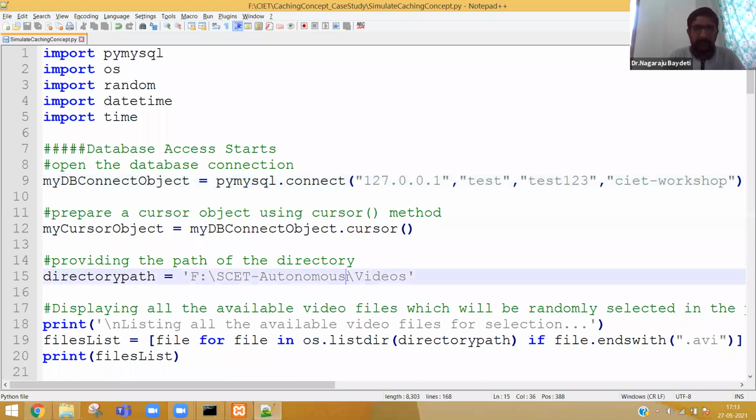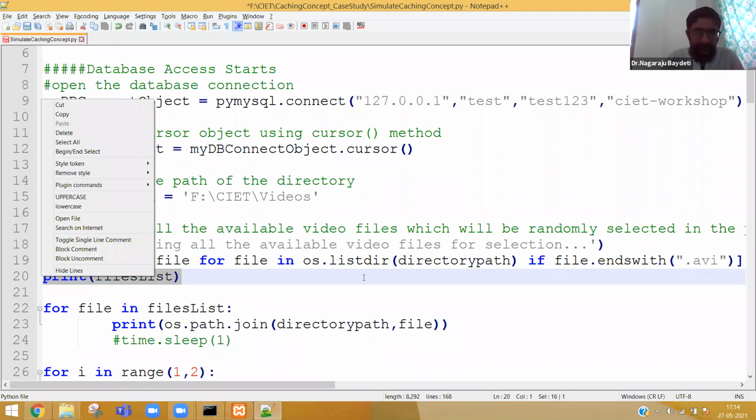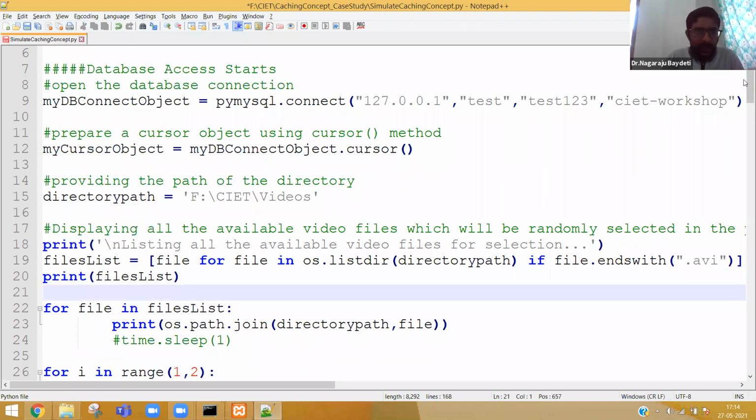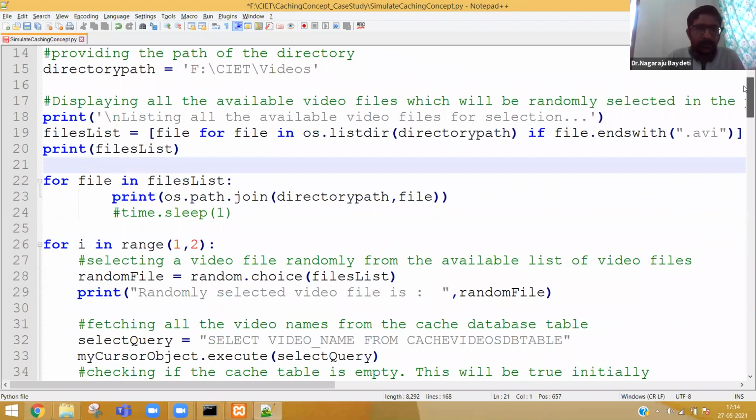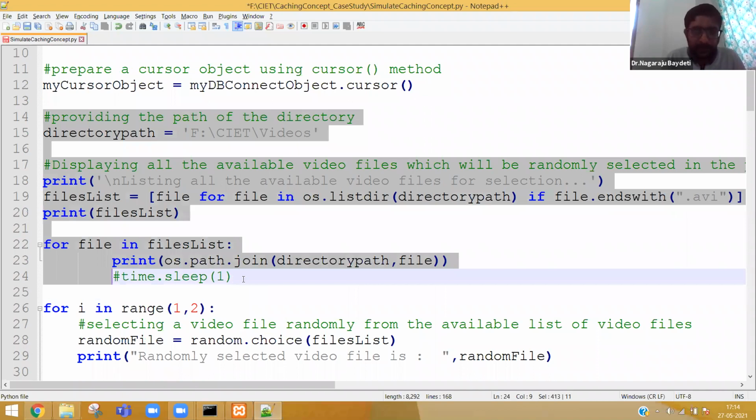After that, we are trying to create the cursor, and as I already told you, I already explained this part of the code. Take the directory path, for example, F:\CAET videos, then get the file list, and after that, I have to select a video. See, this part of the program I have already explained to you.